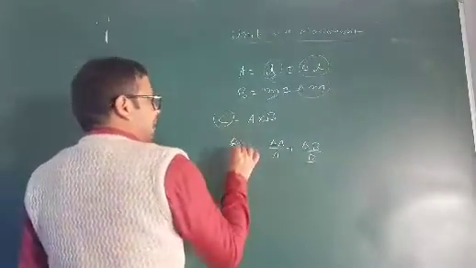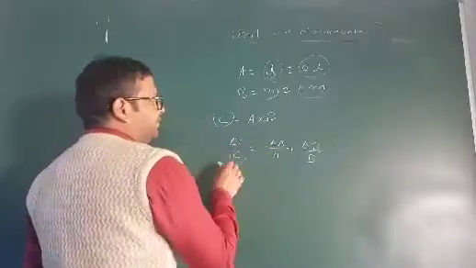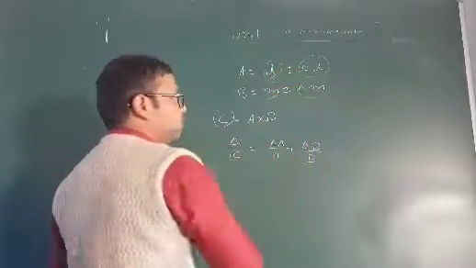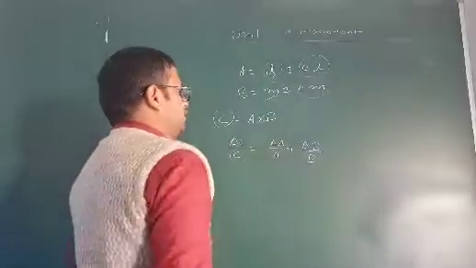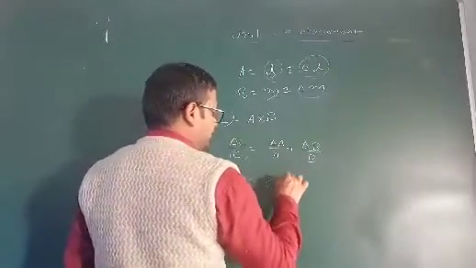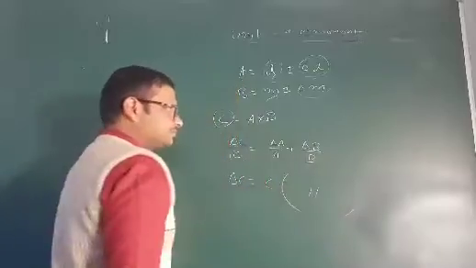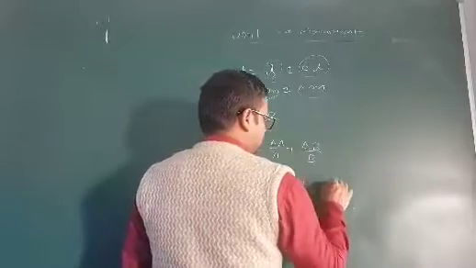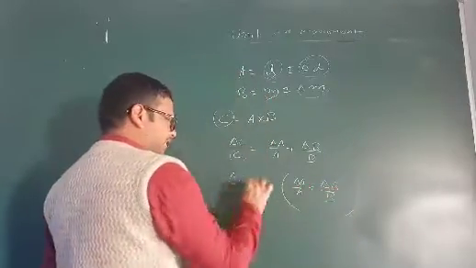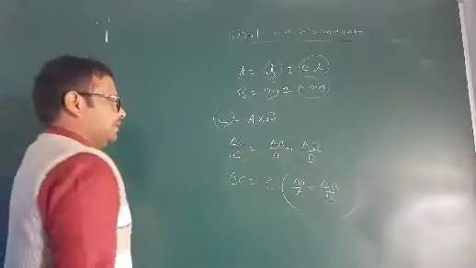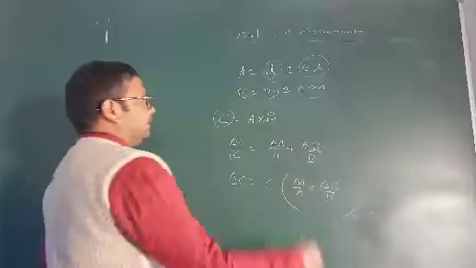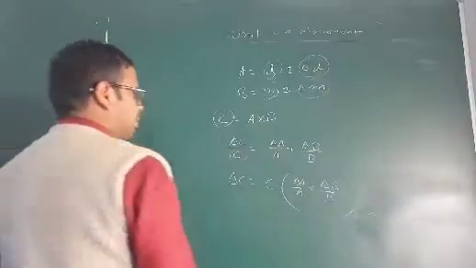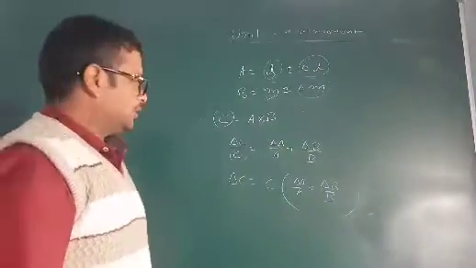So how can you find the value of C? This is very simple. By the previous method, just multiply L into M and you will find the value of C. How can you find the value of delta C? Delta C equals C into delta A by A plus delta B by B. In this way you can find the error in the multiplication of two error digits.